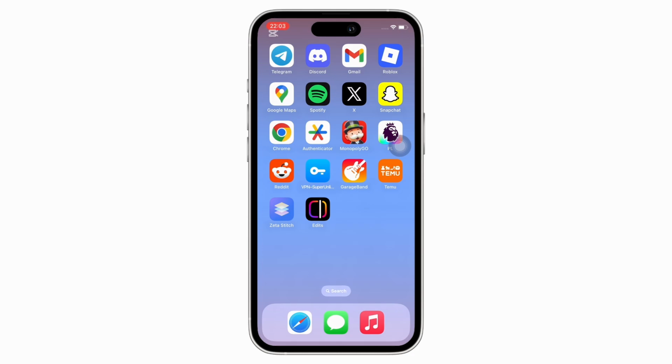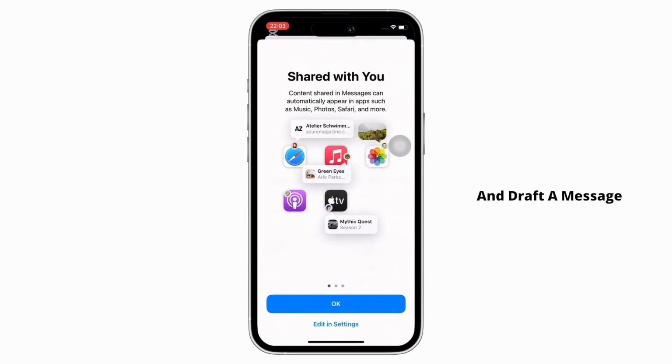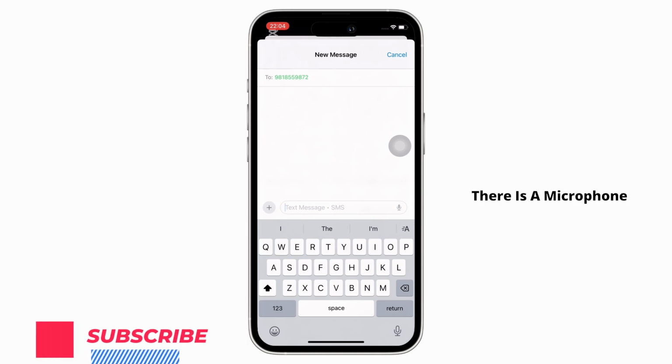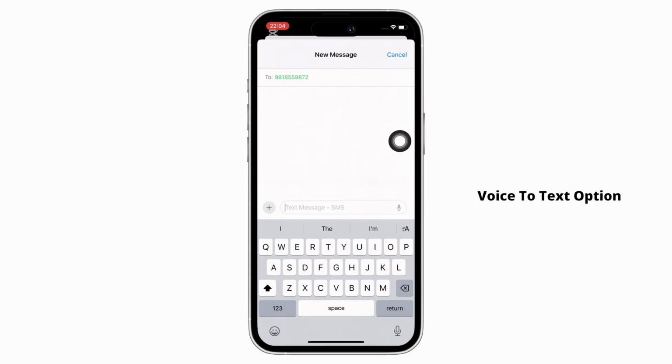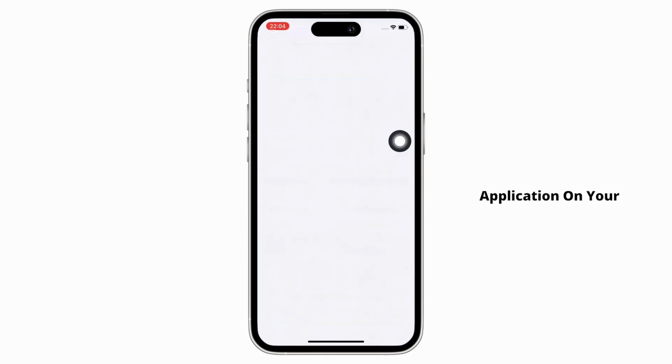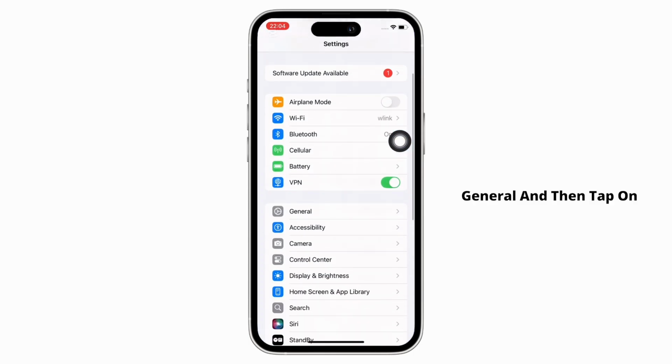Now let's get right into the tutorial. Firstly, go ahead and open the Messages app and draft a message. Here, as you can see beside the text box, there is a microphone button, which is the voice to text option. So, if you want to disable this, then launch the Settings application on your device and tap on General,